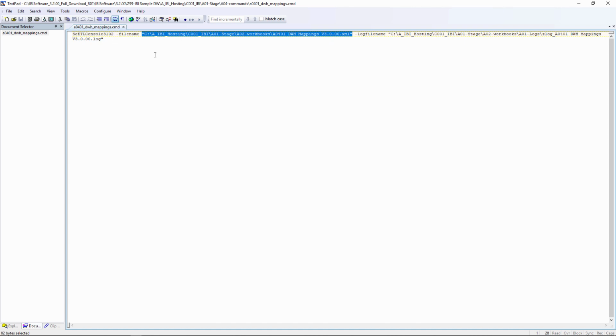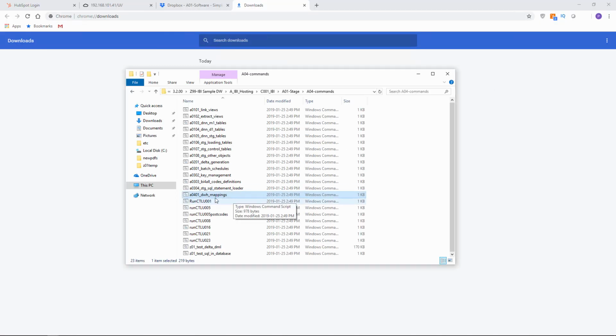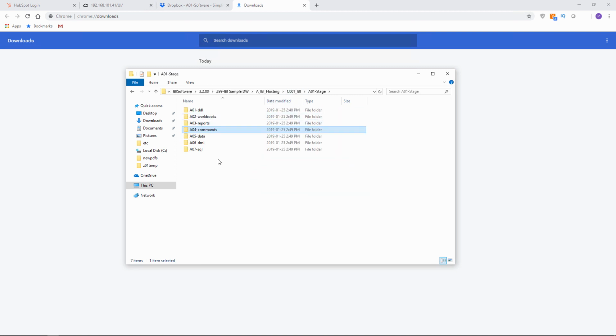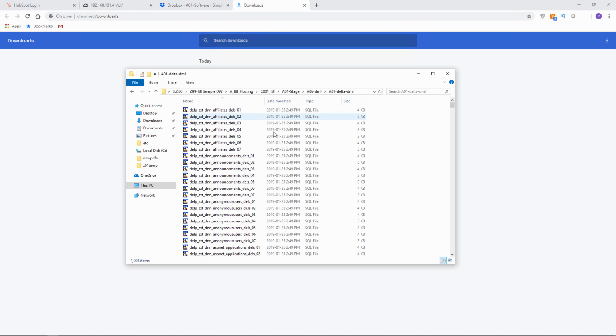So when you want to process a spreadsheet, you have these commands set up and you just double click on whatever command you want to run and it will run it. Okay? And you need to be pointing to the right places. It has a nice setup for data, and then the DML is your data manipulation language, and so you have Delta DML which gets generated. So this Delta DML, this is Delta detection, and we have a way of doing Delta detection where